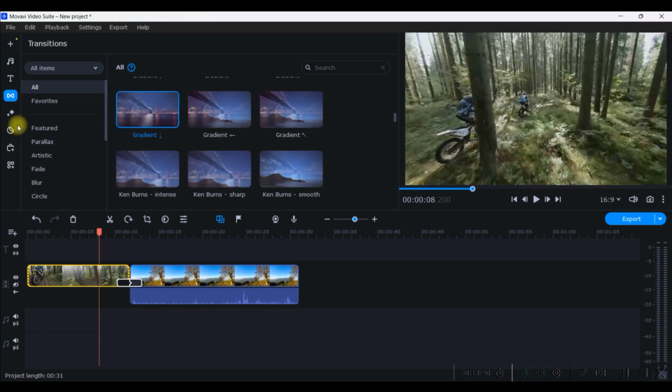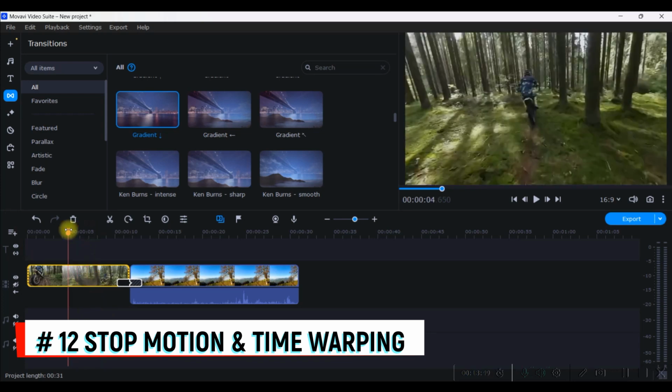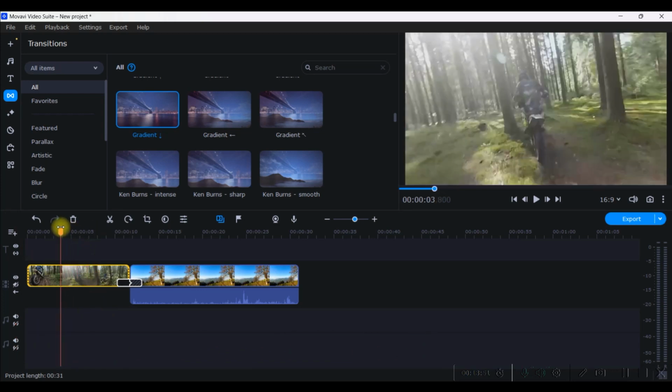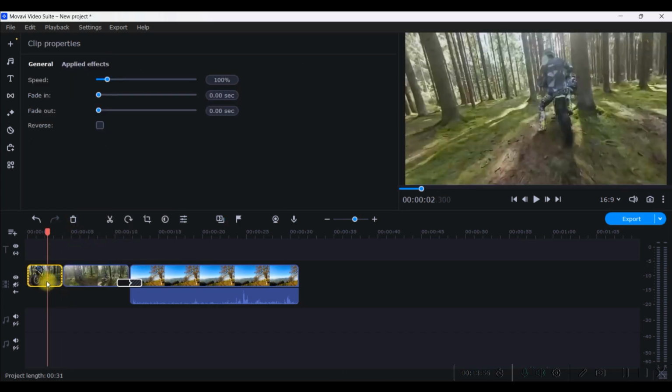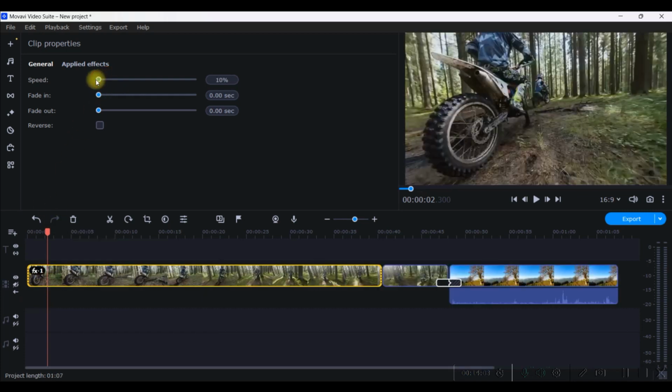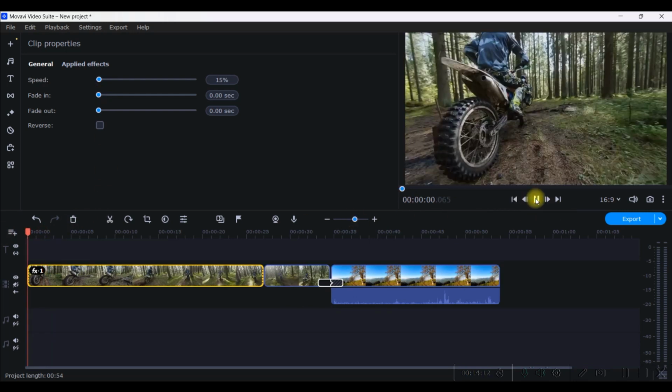Let's move ahead to the next part, which is stop motion and motion ramping. Now I have this video, right? Suppose at the beginning, to make it more cinematic, I can give it a split, right click and split. Now the first thing is, I will come here and I can make the speed absolutely low, like 10 or 5 or so. 10 is the minimum one, right? And then check, this is called motion stop, so stop motion.